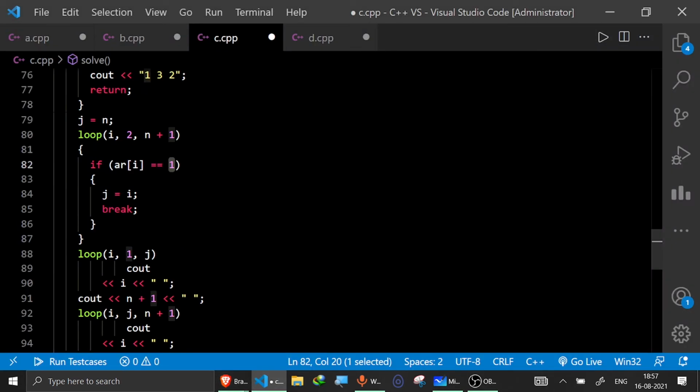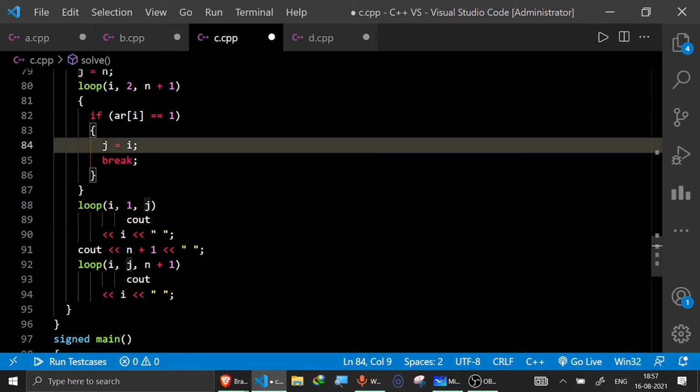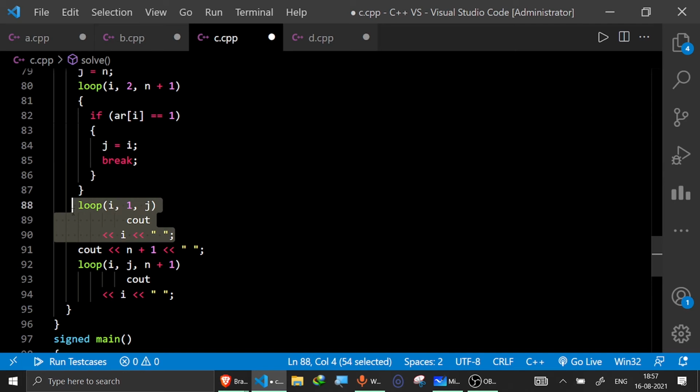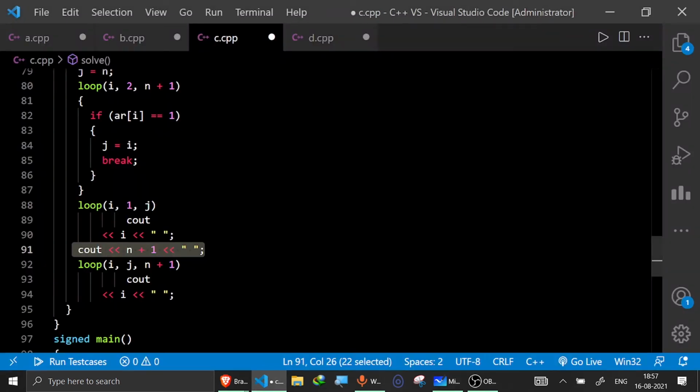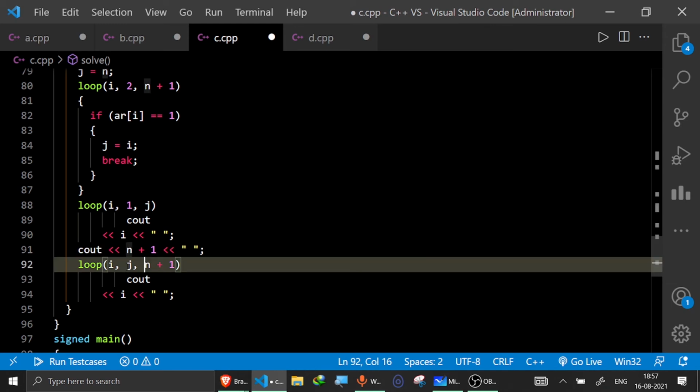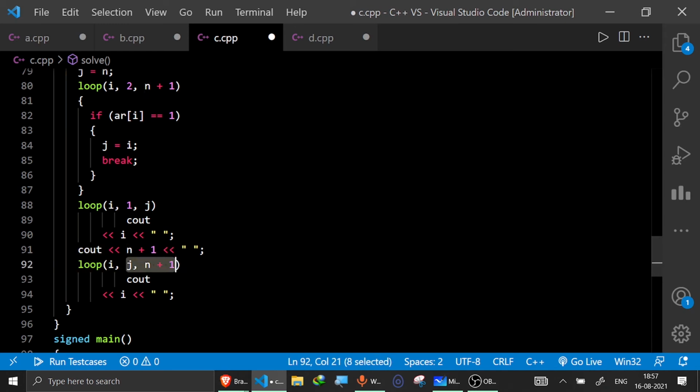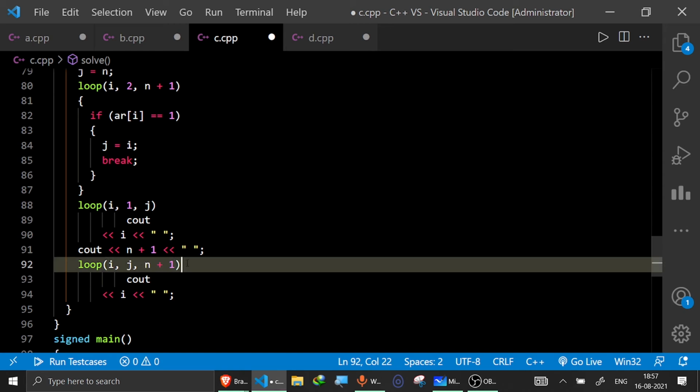If the value found is 1, store this value, and then I would print the values from 1 till that value minus 1, then print the n plus 1th value. As you can see here, I would print 1, then I would print 5, and then 2, 3, 4. So for that 2, 3, 4, this is just from the jth value, which is the value where I got 1, till the nth value.